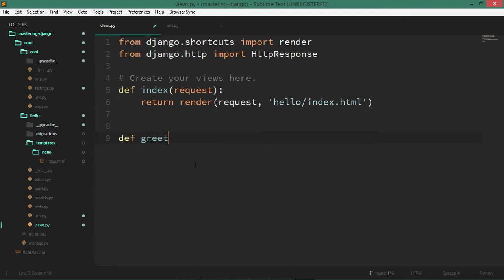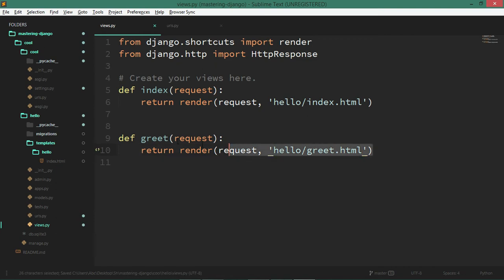Def greet, which takes in request, and I can just return a render object with my request, and I'll be creating another file called greet.html.